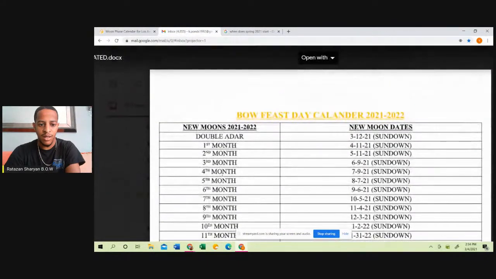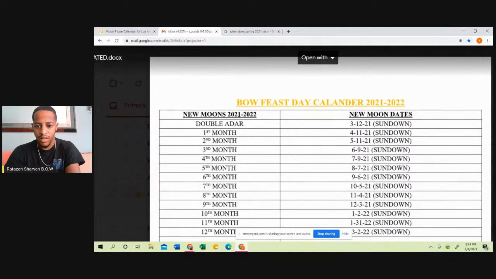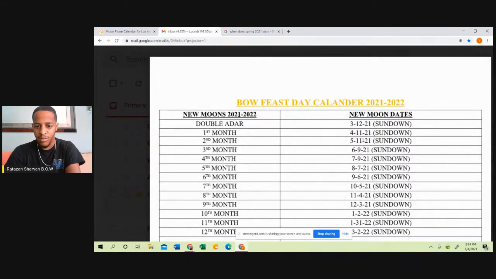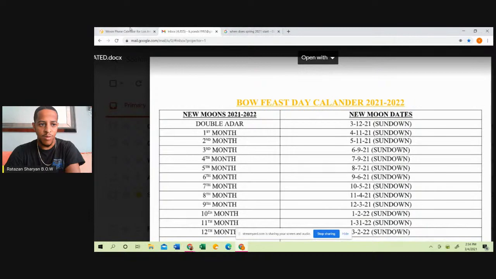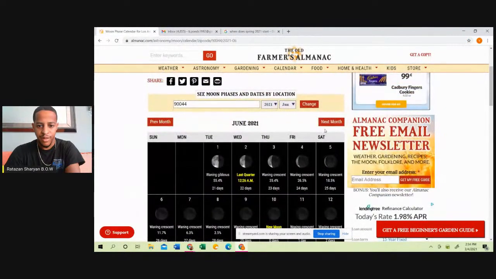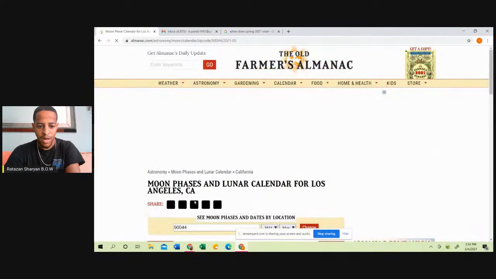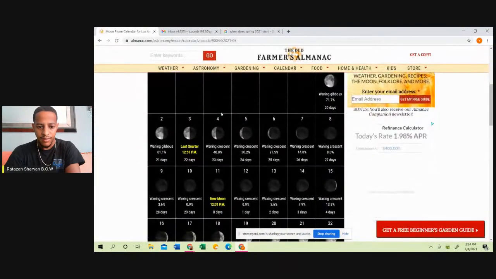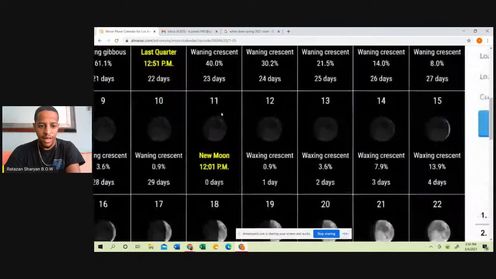Let's see when the new moon comes in for the 2nd month. The 2nd month new moon comes in. We have it on the 5th at sundown. May the 11th. So let's go back to May. Here it is right here, May the 11th.